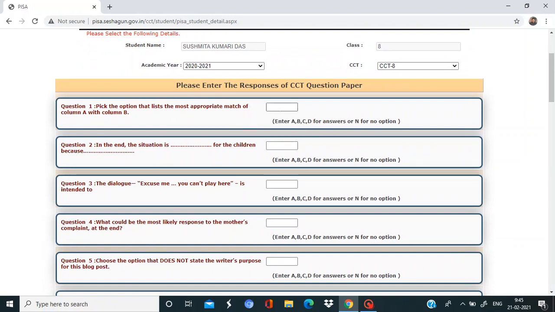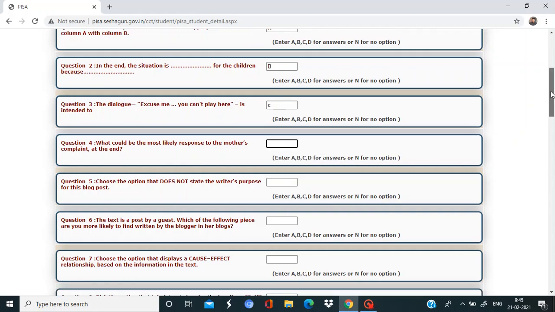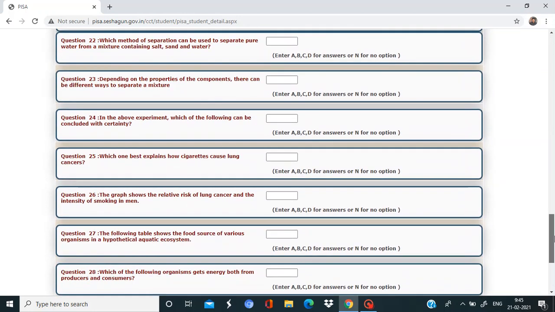Then, out of the 4 options, you write the correct option that you already wrote on a white paper, right? And here you write A or B or C. Then if there is no option, you write N. Like this, you have to attempt every question. Already you wrote the answers of every question on a question paper. The same way, by seeing the question number, you write either A or B, the relevant answer, for each question. After that, you attempt all the questions.